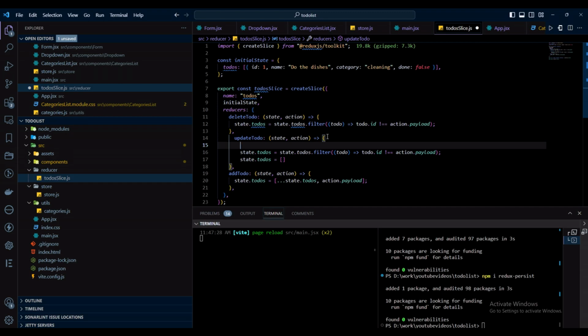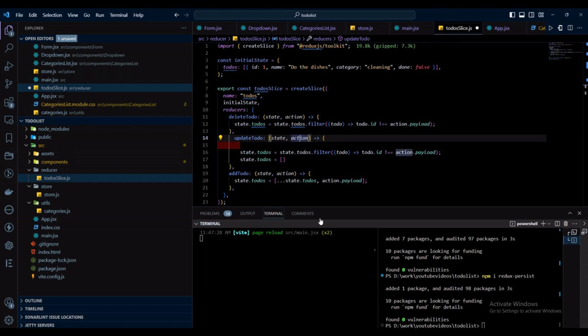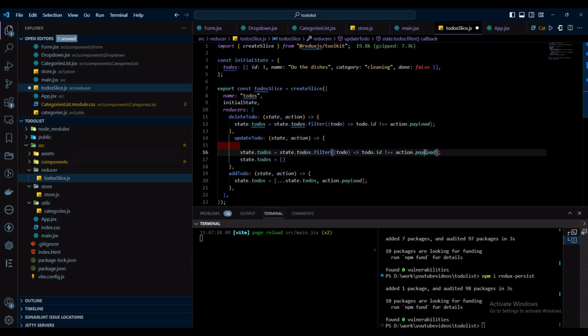Action.payload is an ID. This one needs to be an ID, so we will remove it and we will add, yeah, we will add